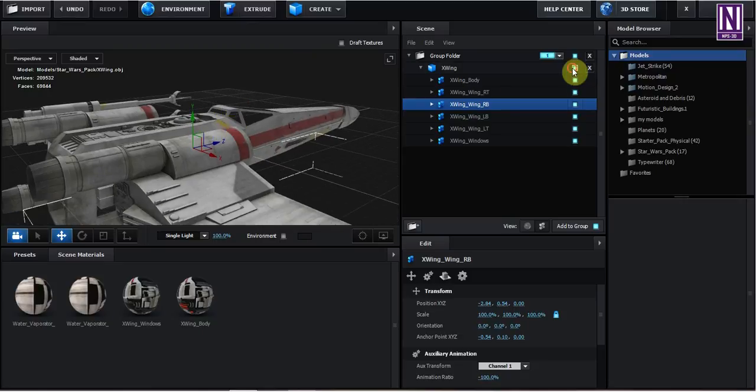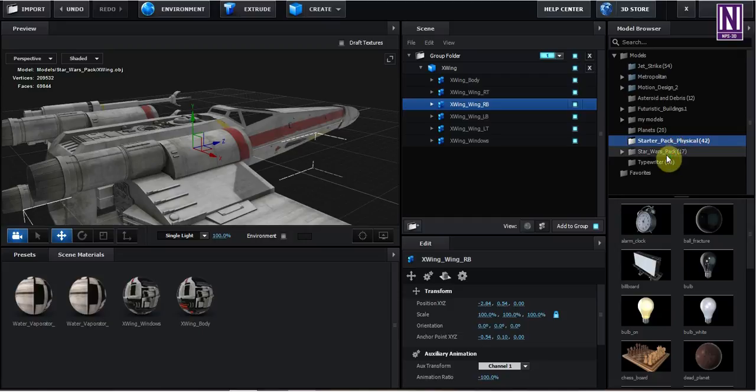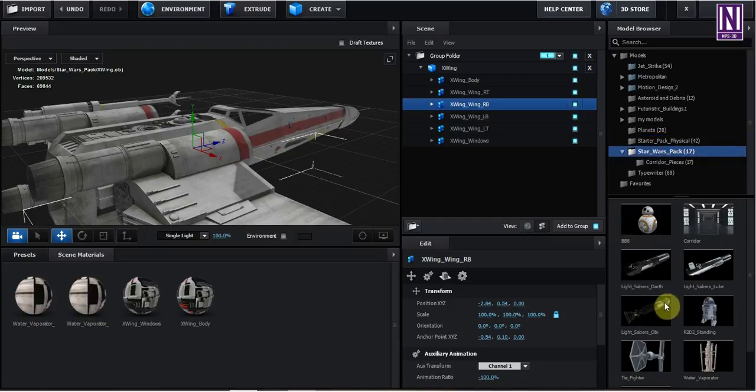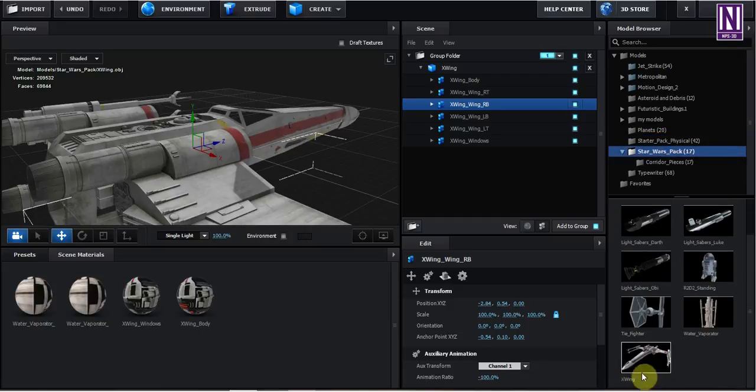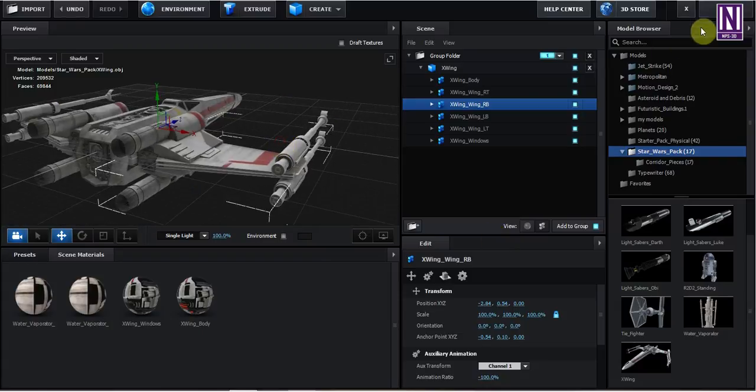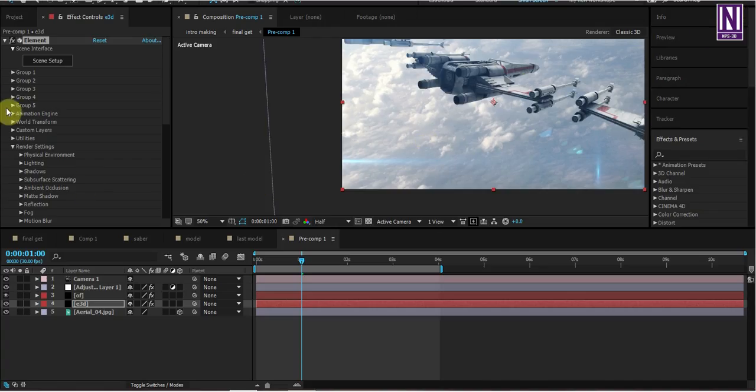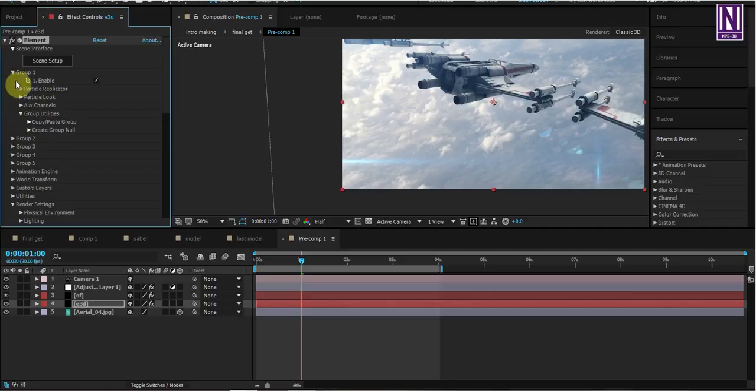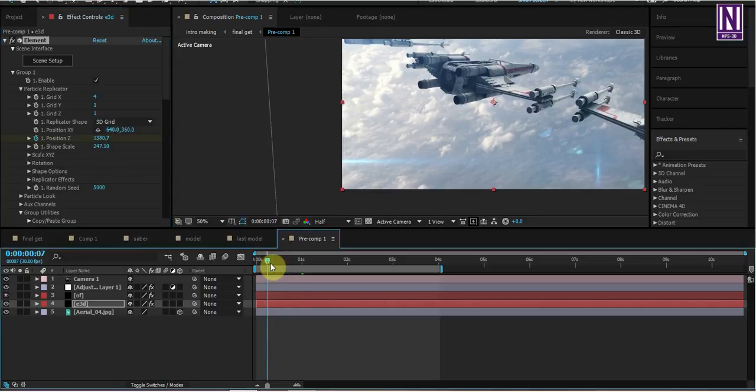So in this video I use the Star Wars pack, the model X-Wing, and after that I go to group 1 particle replicator and move the position.